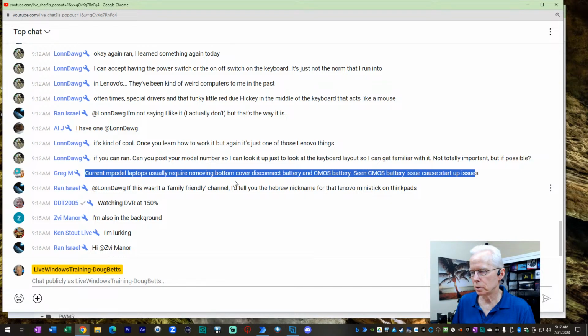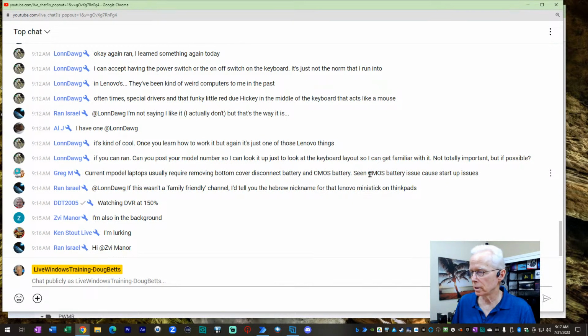Current model laptops usually require removing the bottom cover, disconnect battery, CMOS battery. Yes, there's another idea right there. It could be just open the back up, remove the service battery, or disconnect the service battery and disconnect the CMOS battery. That's going to reset BIOS. Somebody also pointed out in chat on Saturday, I don't think I captured it anywhere,